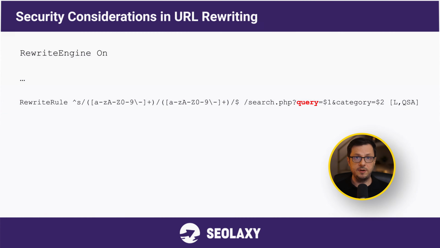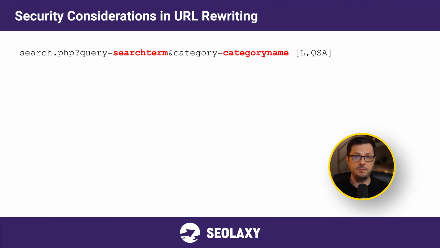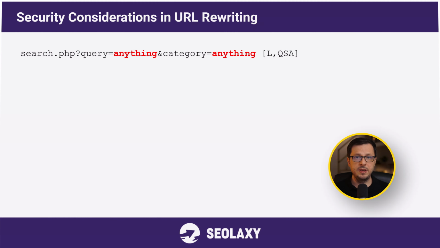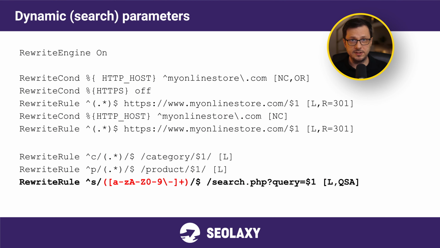We see two different types of parameters. The category is a static parameter, and the search query parameter is a dynamic parameter. The category parameter is set by the CMS, and the search term can be entered by the user, right? No, because anyone can tamper with the URL and enter whatever they want. By limiting the characters in our regex to alphanumeric characters and hyphens, we reduce the risk of malicious input. That's exactly what the regex rule does.